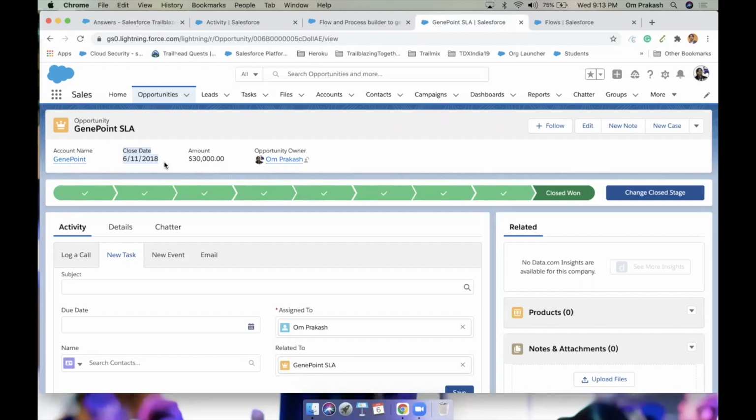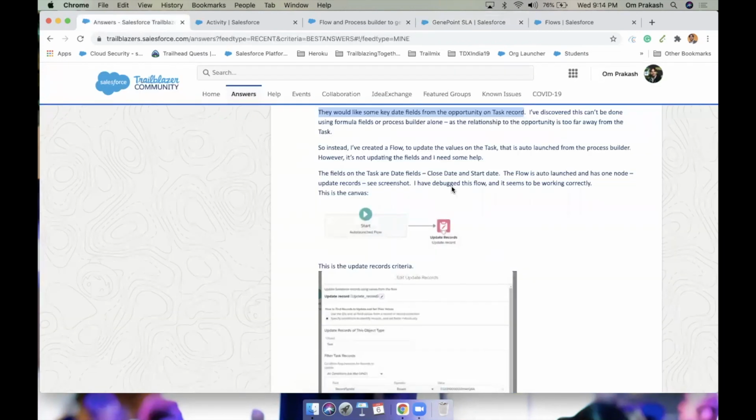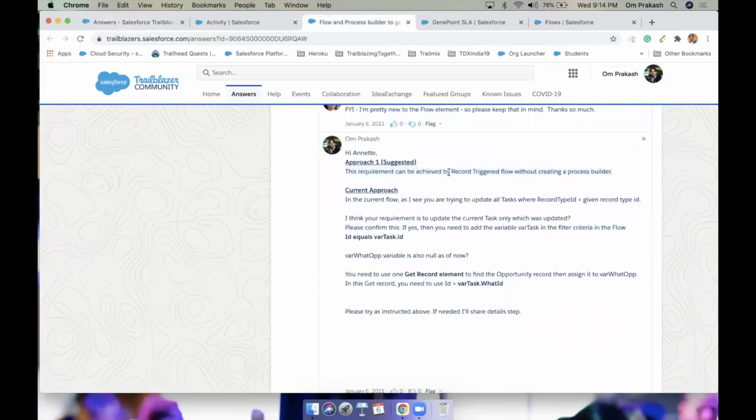But here, if we think about the opportunity ID, meaning the What ID, this is a polymorphic field, which means we can't use a formula field here. Today, while answering this question, I suggested going with a record-triggered flow. Why? Let's understand.